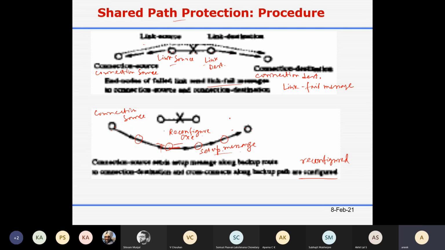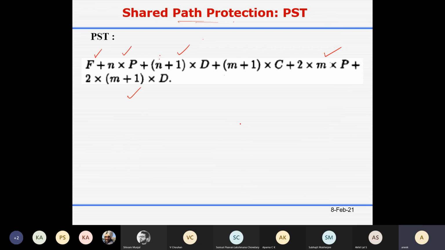We have considered it to be c. How many times do you have to configure? Your total number of hops is m, so m plus 1 times. But it is included only one time, because for the reverse flow the switch is already configured. So m plus 1 into c you have to add.